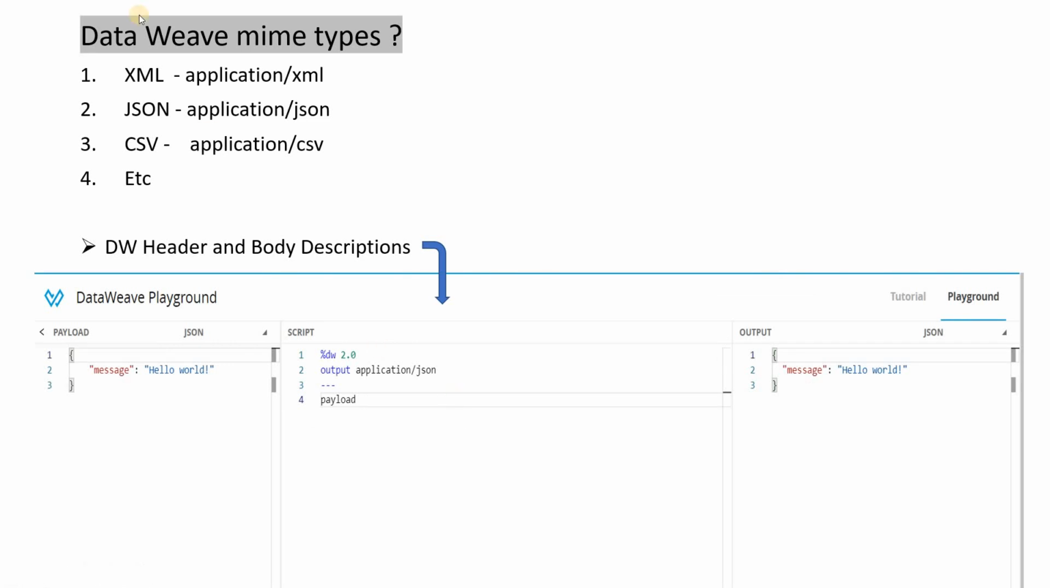So these are the DataWeave MIME types: application/XML, application/JSON, application/CSV, etc. There are many MIME types which we can use to transform data. Basically I have taken a screenshot from the DataWeave playground. This is the input, this is your script, what we have to do as per the business requirement, and this will be the output. You can play with DataWeave and check what input and output is desired, and according to that you can do the scripting here. So this is about the